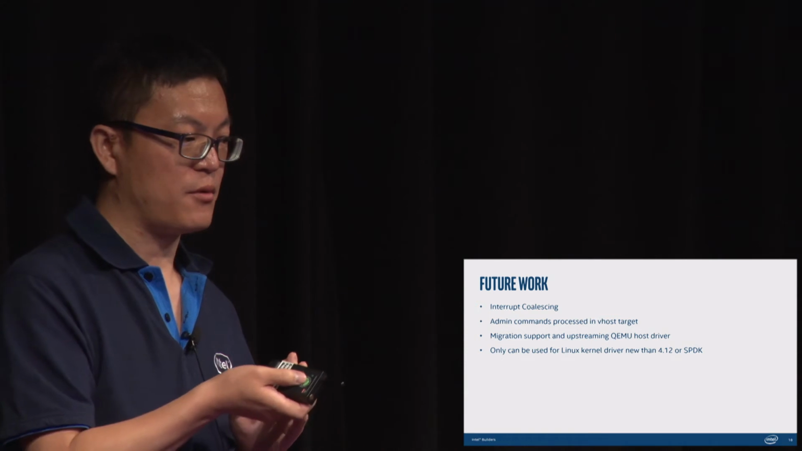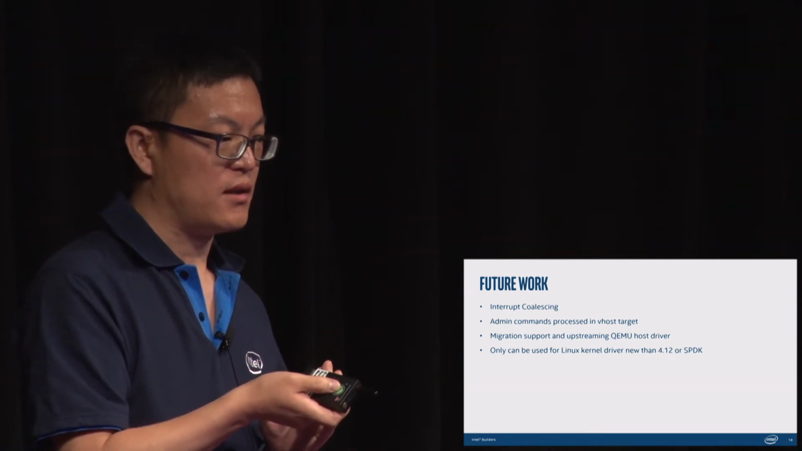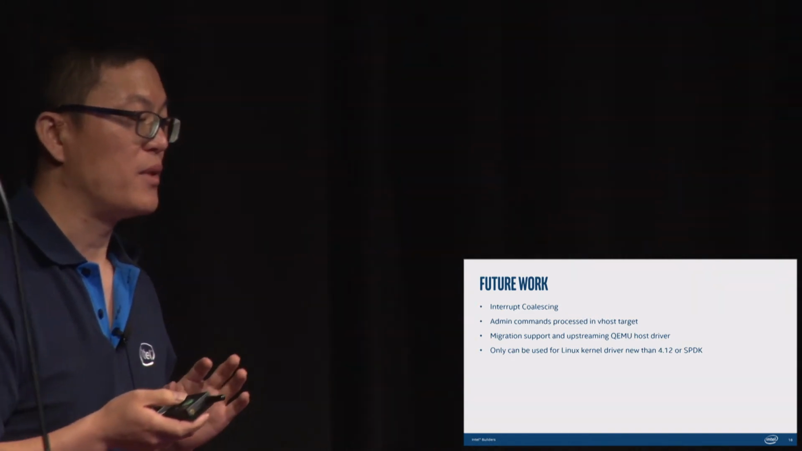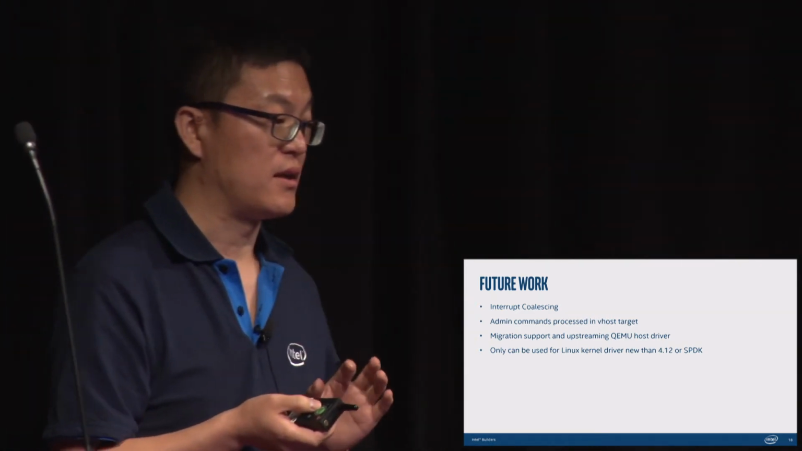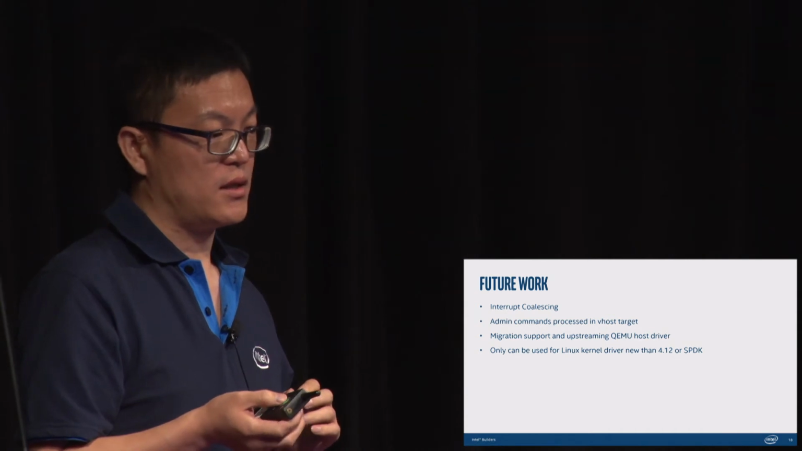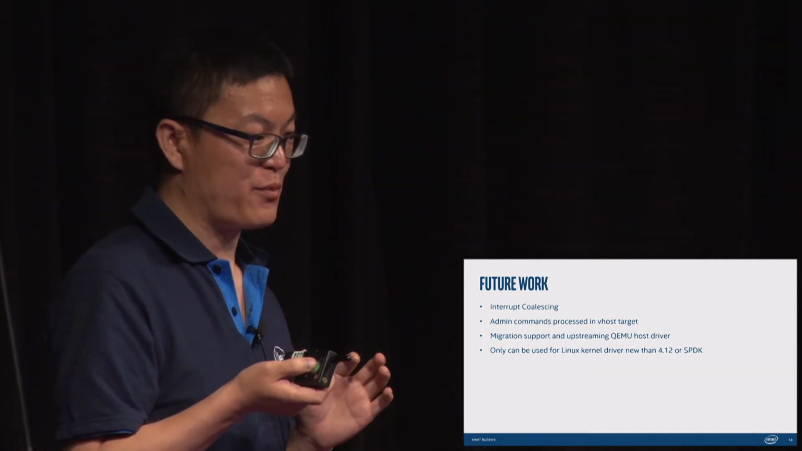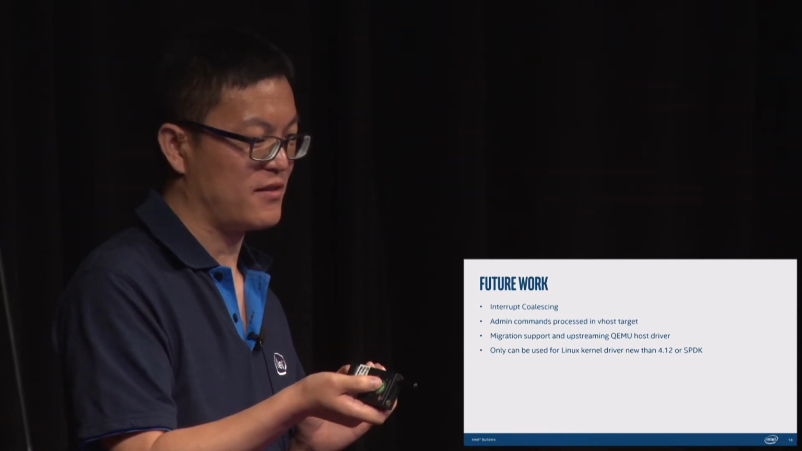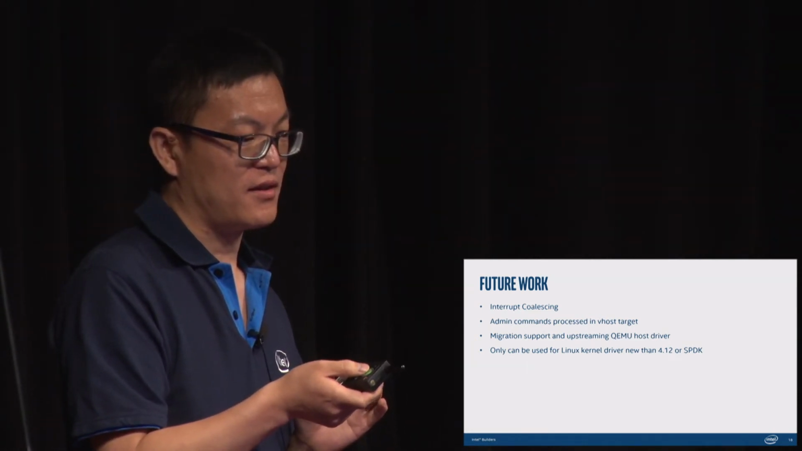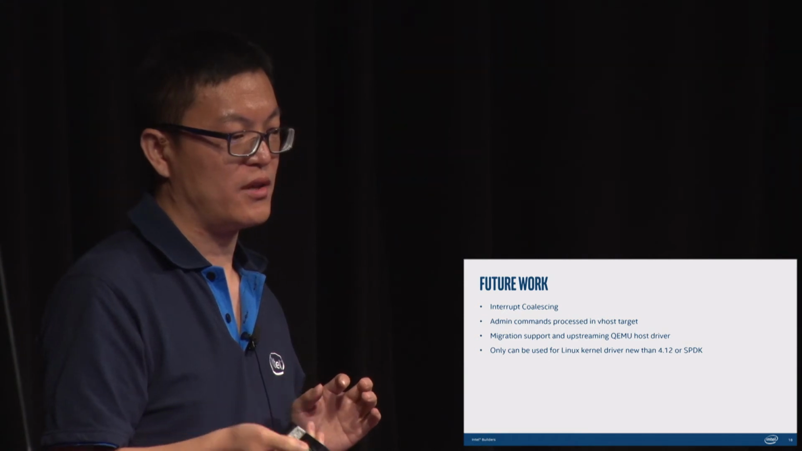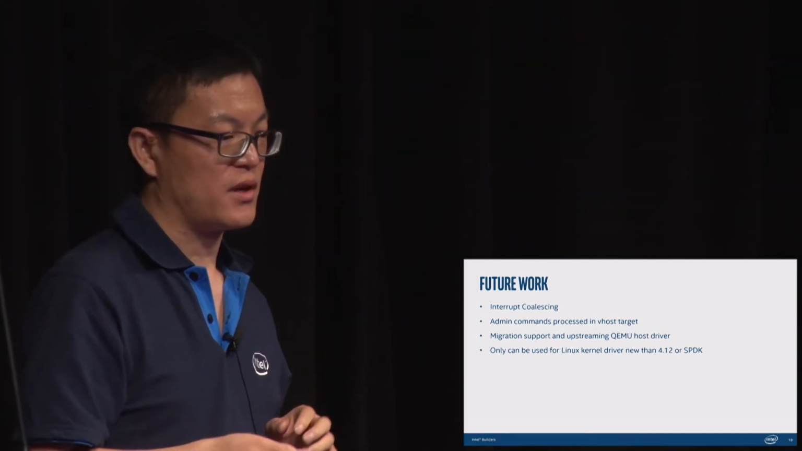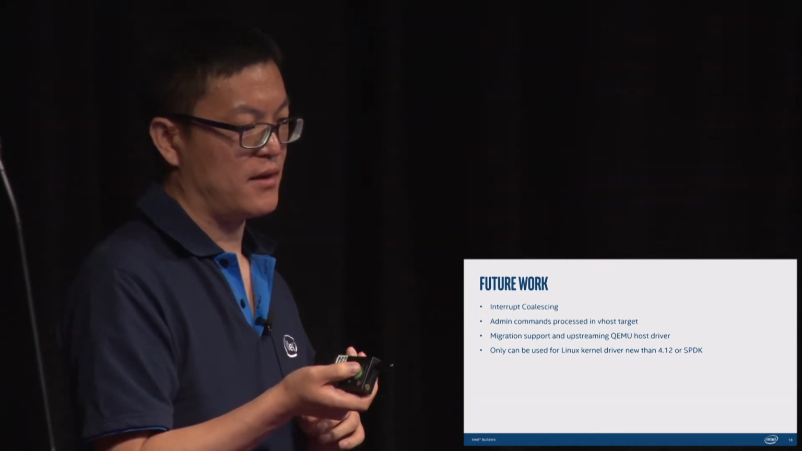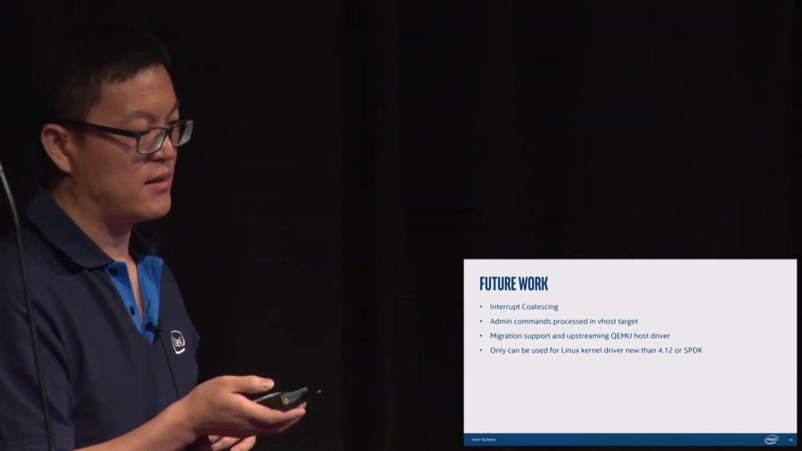The third one is the migration support and upstreaming to the QEMU vhost driver. Because currently we maintain a separate patch in the SPDK GitHub, and if we can prove that, or actually we have proved that it's more efficient, we can send this patch to the QEMU community to upstream to the QEMU Git repository. And the last one is, as I just mentioned,